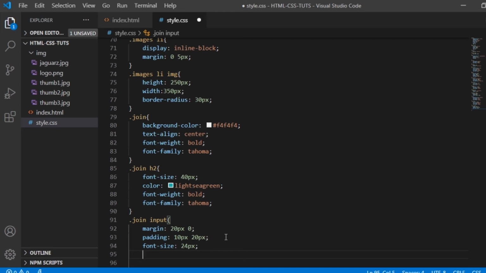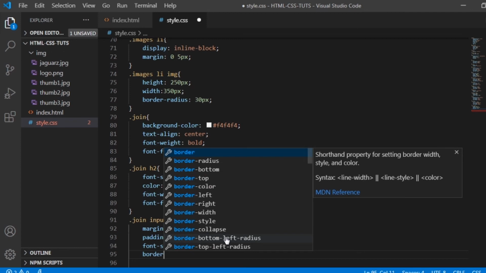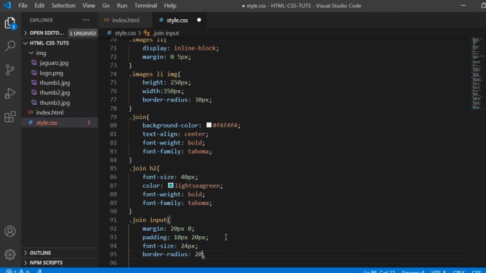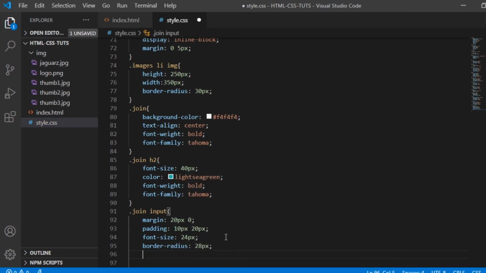Border radius is 28 pixels. Okay, and then let's say the border is 4 pixels and solid white.